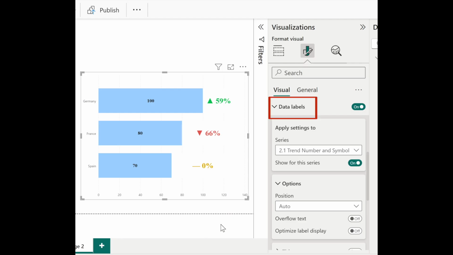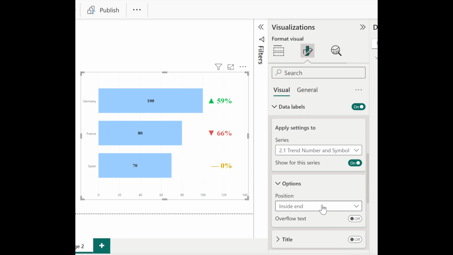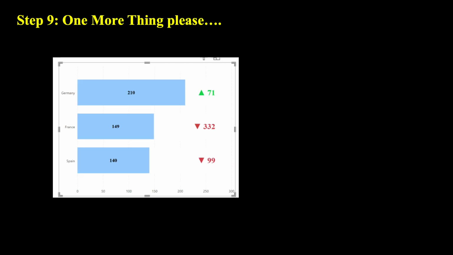And then go to Data labels. Make sure you still select this measure, and under Options, adjust the position of the data labels for the trend indicators. And then one more thing,